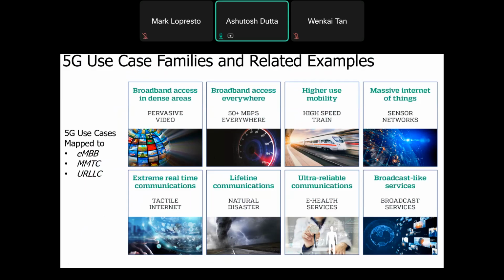Any of us doing research will be happy if some of our research gets deployed. My research was on handover optimization, and maybe 5G is now going to use that because there'll be a lot of handover. You'll see that. So what is happening here is broadband access everywhere, high mobility, massive Internet of Things, tactile internet,